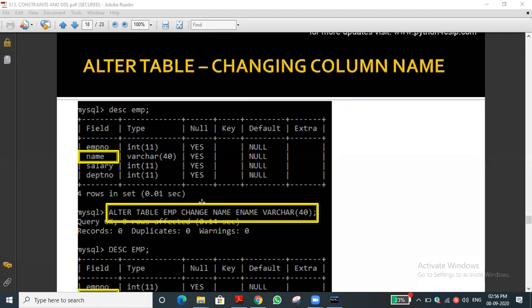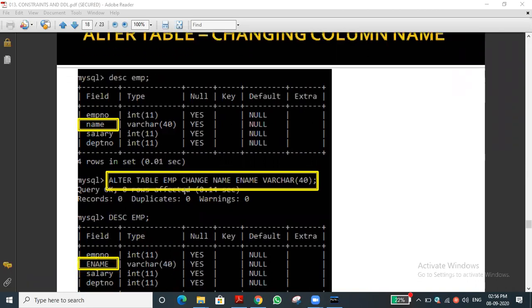Tomorrow we will see examples for the two commands. Then we will discuss it, because you may easily get confused between modify and change. It is the same thing, but there are few differences, very simple differences. I hope you got it. Anyhow, we will see it in a well explained manner in tomorrow's class. Once we complete that, there are some more things. Afterwards, we will see the rest of the constraints: check constraint, unique constraint, not null. Likewise, we will see some of the constraints, and in the next class we will see about the foreign key also.